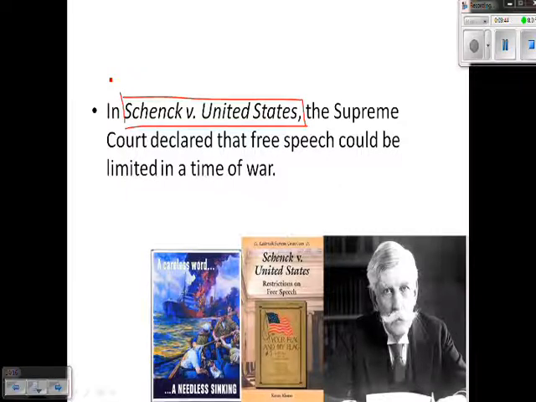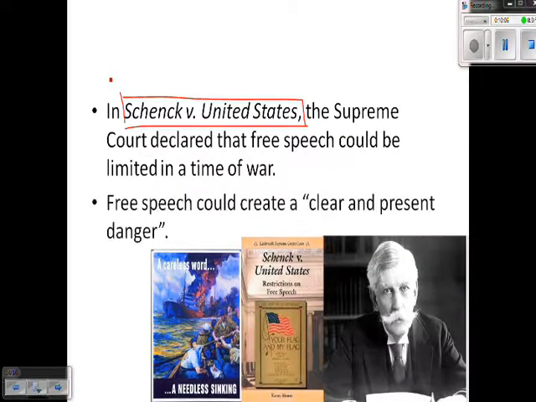But this was an important case. It's pronounced Schenck versus United States. Schenck was his last name. Okay, he was arrested. He was passing out anti-war flyers trying to convince people not to sign up for the Selective Service Act. And he claimed that he was protected by his freedom of speech. Right, he was allowed to say whatever he wanted against the government, and the Supreme Court actually ruled against him. They said that your freedom of speech can be limited in a time of war because it can create a